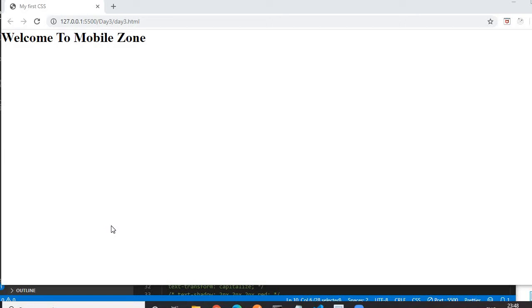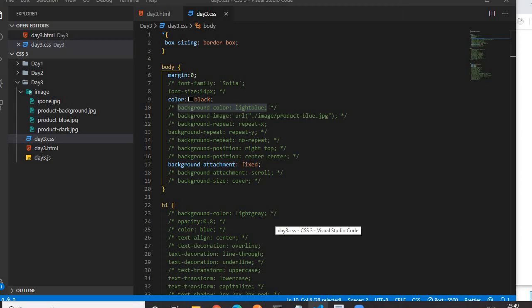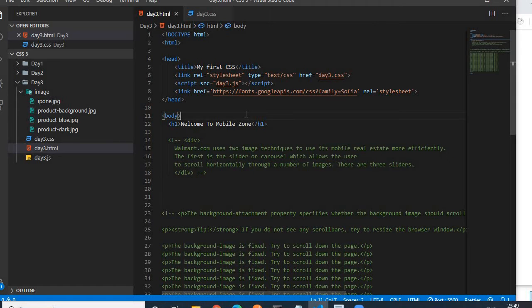So today we'll discuss some important CSS properties on text and font. And believe me guys, this is really important. It's going to be an important session on CSS3 and you will really enjoy this. So let me start our today's video. Here today we will work on some of the CSS properties that are applicable